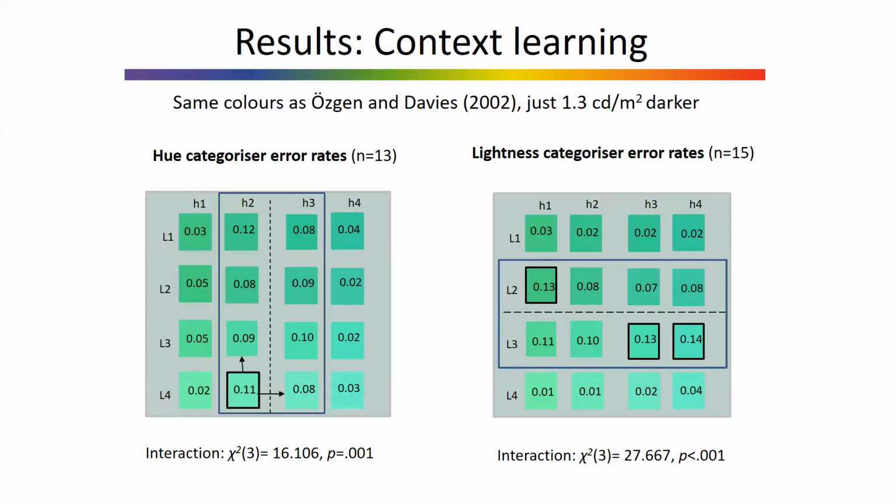But the lightness categorizer error rates also show an interaction, which means that certain lightness levels differ when they are different in hue as well. So you can see more errors on the greener side for the darker shade, but more errors on the bluer side for the lighter shade. So clearly these two dimensions are more integral, kind of like the Garner dimension integrality account, but both ways around, not just one way around.